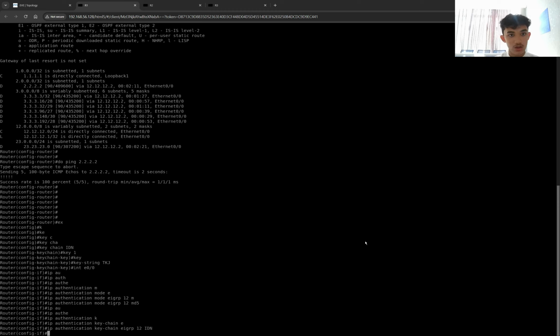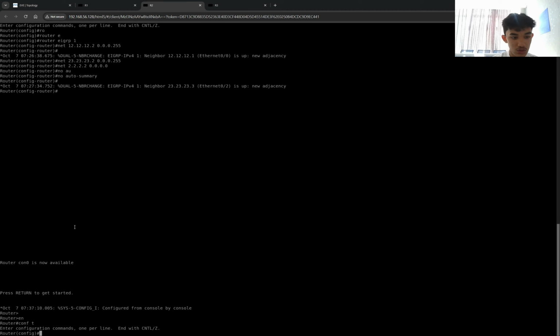And then you can go to router number 2 first to check if the router has already done the configuration.